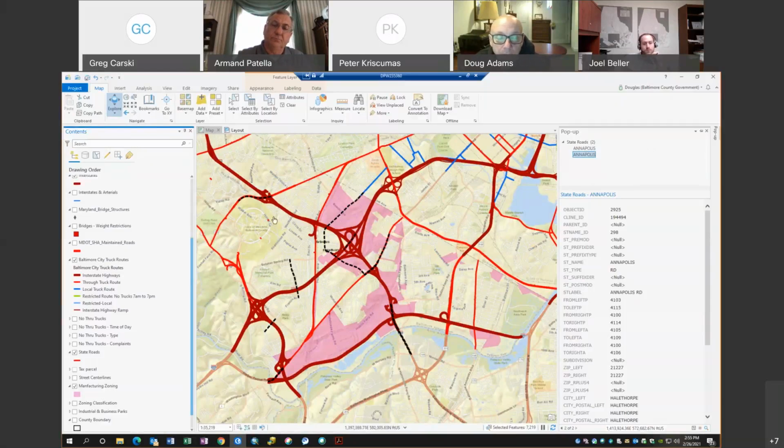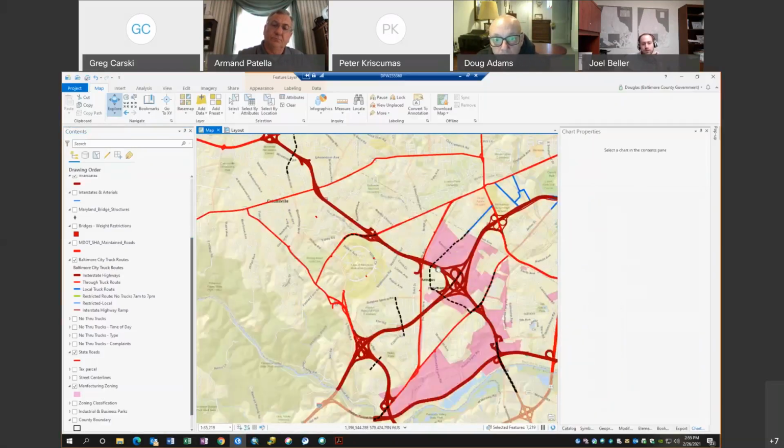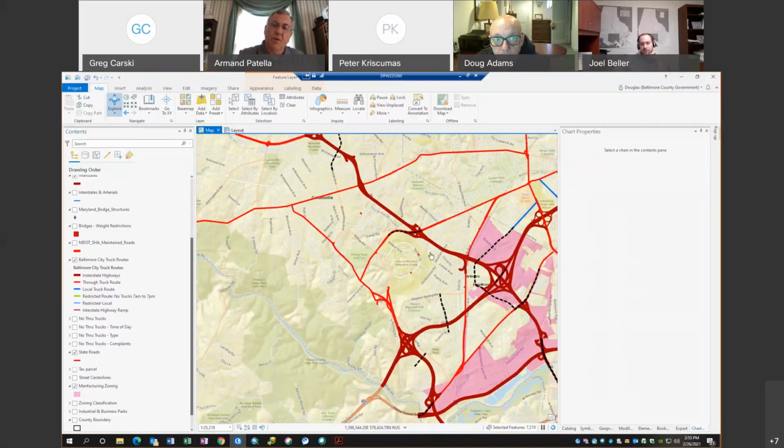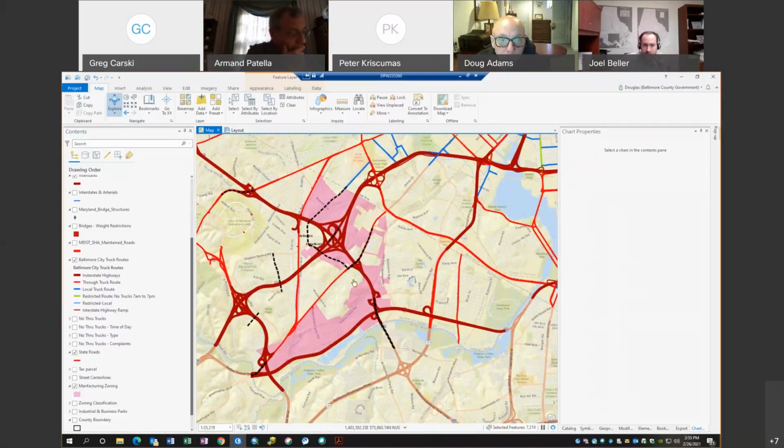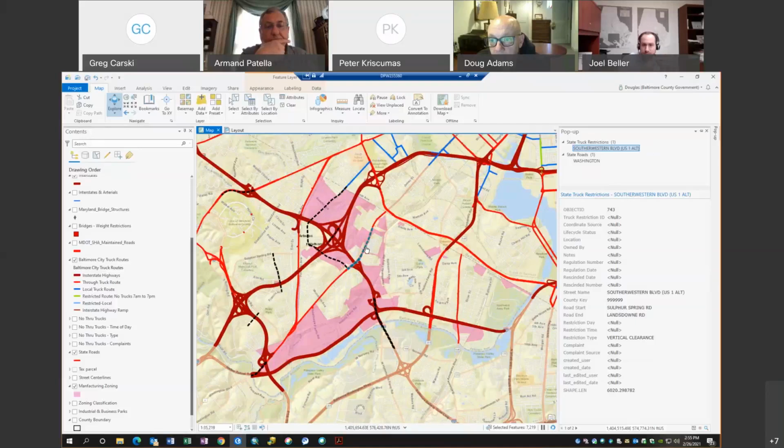Anyways, can we take a look at, I'm not sure what road that is, but the one that has some state restriction that flows into the city, where the city has one right here, this one right here? Yes. What road is that? Let me see what I've got. I didn't pick up what the restriction was. I'd have to try to look it up in the PDF.